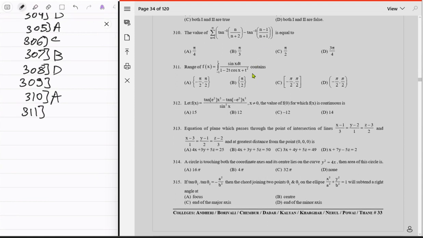Range of this function contains, so f(x) equal to integration from negative 1 to 1 of sine x dx upon, what is this thing? Minus 2t cosine x plus t squared. इसकी रेंज देखा सब लग रहा है. Cosine x you are saying, but okay, x is actually independent of t. It's like integration from negative 1 to 1, and t जो है, it's,